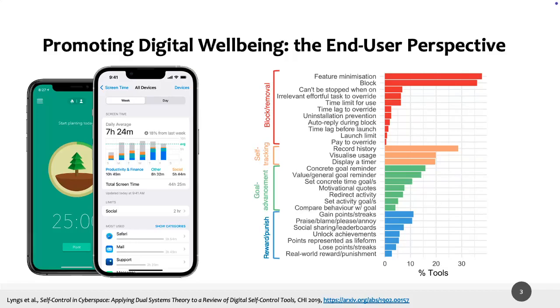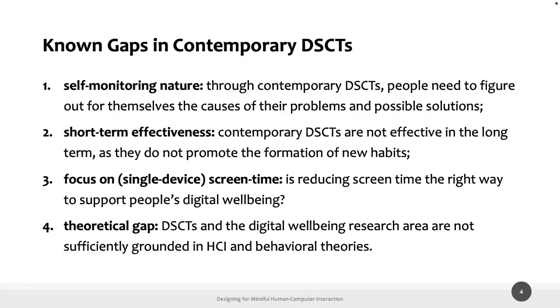So last time we discussed in detail the end user perspective. We started by analyzing contemporary digital self-control tools, looking at their characteristics and different intervention strategies: block removal, self-tracking, goal advancement, reward punish. But we also discovered several gaps in this perspective. The first main gap is the self-monitoring nature of contemporary digital self-control tools, and this is clearly not effective in the long term because the user needs to be motivated in using these tools